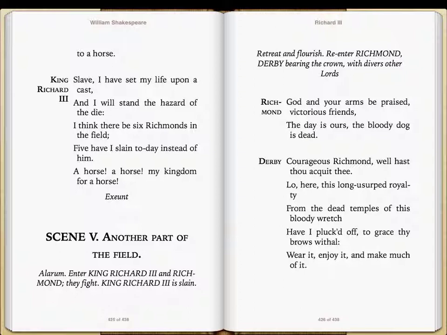So, for my first example, we've got here the text, the last bit, and I chose something that I just vaguely was familiar with, and so I went for the English teachers here for Richard III, the last bit of Richard III, and what we have here is this very famous line, a horse, my kingdom for a horse. And so what I would do, as I was looking at this, is probably try and underline a horse. We have anaphora there. In the English context of anaphora, repetition of a set word or phrase shows his desperation,